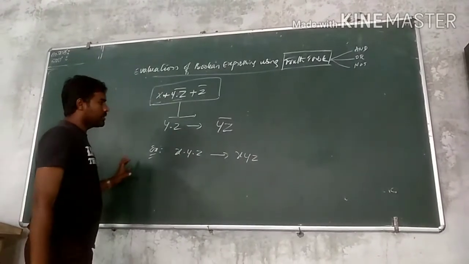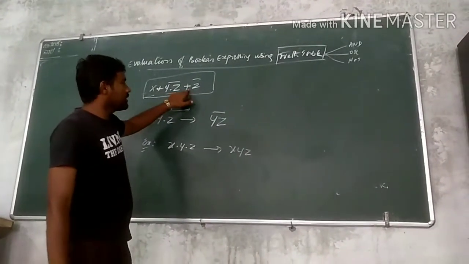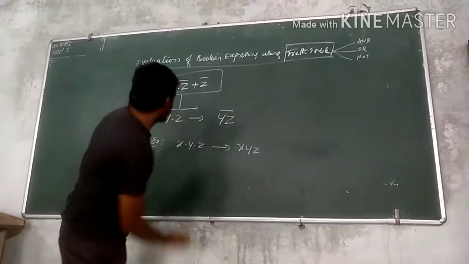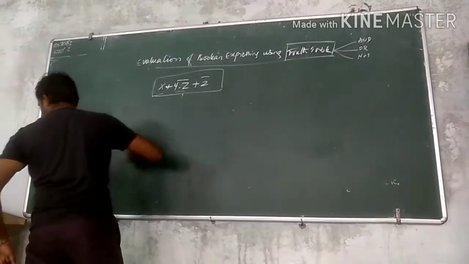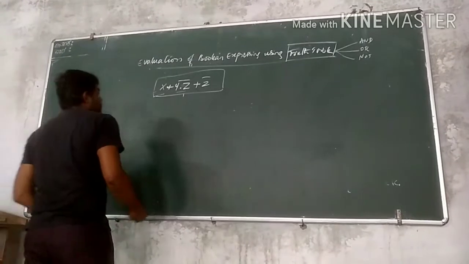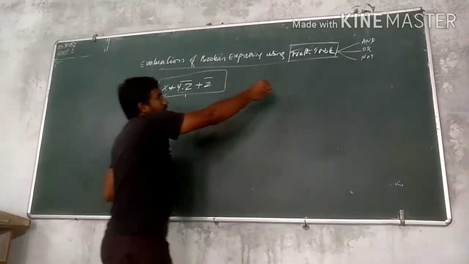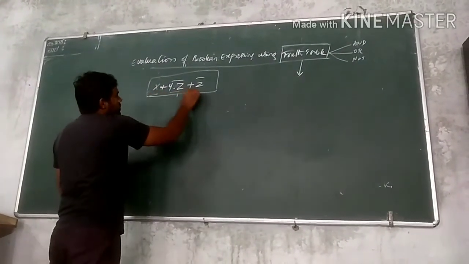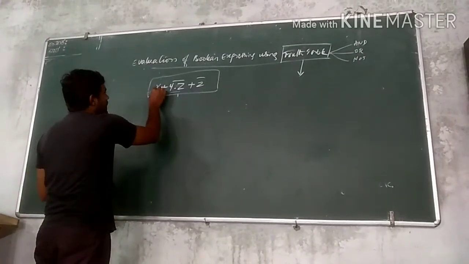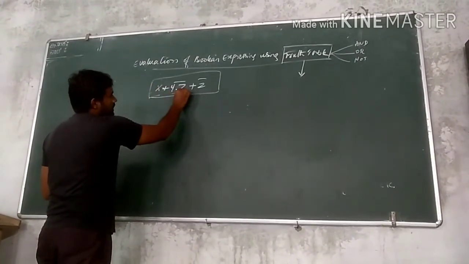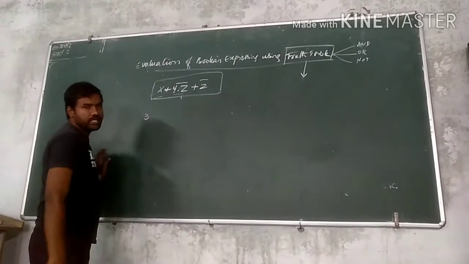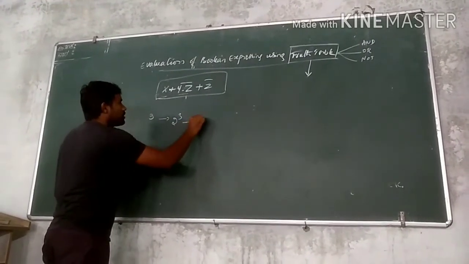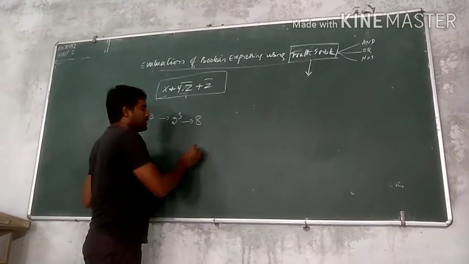So these are some of the basic things we need to know before we solve these kinds of Boolean expressions. Let us start with these things. For the truth table, first find out how many variables we have in the Boolean expression. The variables are x, y, as well as z. So the total number of variables is 3, that is 2 to the power of 3, which is equal to 8. So we need to take 8 rows here.